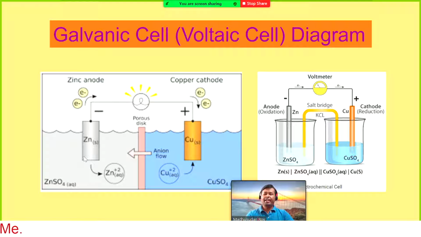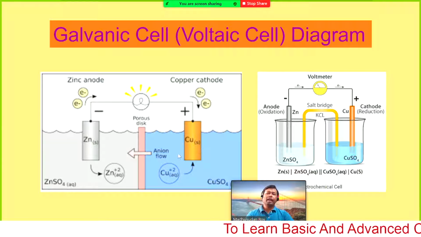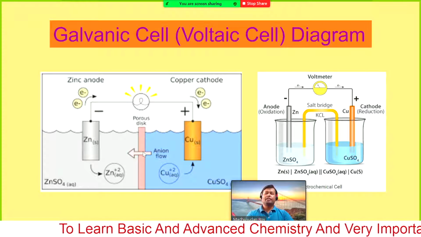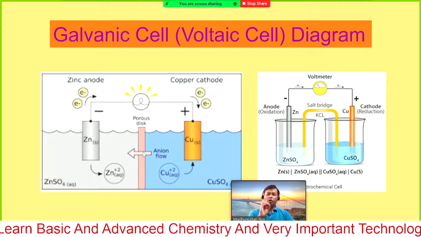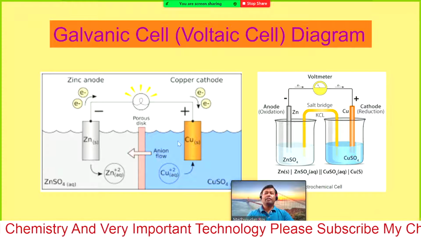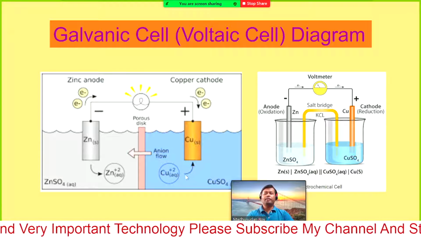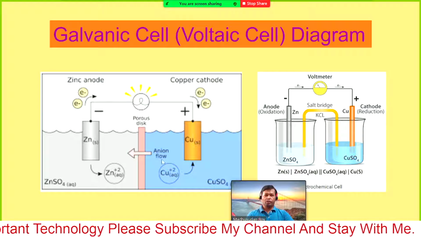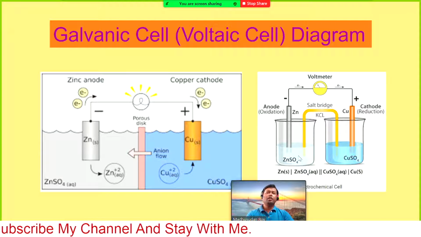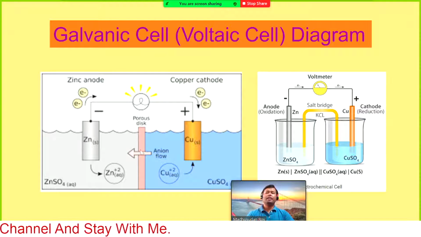Mainly we have two different electrolytes and two different electrodes that may be connected directly with a porous disc. That means it has very small holes, so the ions can flow, but the solvent or the electrolyte does not flow. So with just a porous disc we can have a direct connection, or an indirect connection. These are the diagrams of a voltaic cell.